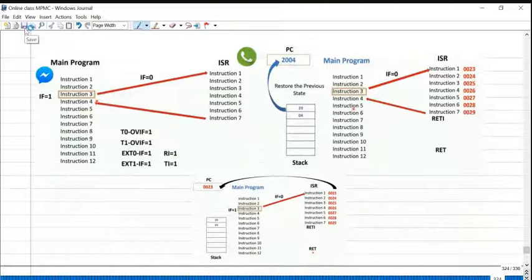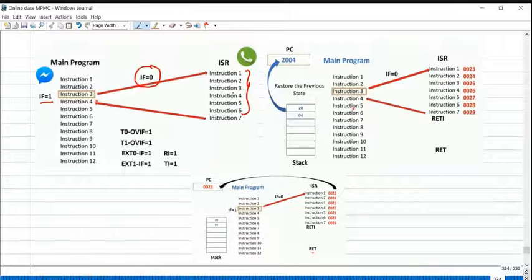So what happens whenever the interrupt occurs? When the interrupt occurs, the interrupt flag bit will be set, whether it is the timer flag bit, serial communication flag bit or external interrupt flag bit. Please remember, whenever the interrupt occurs, the corresponding interrupt flag bit is set to 1. It indicates an interrupt has occurred. Once the processor starts service for the particular interrupt, it makes that interrupt flag bit 0 during servicing of the particular interrupt.